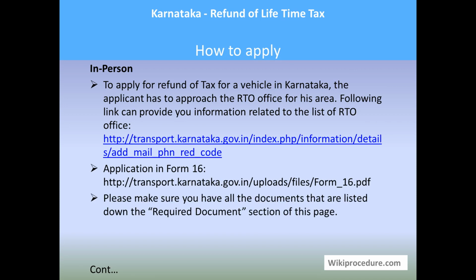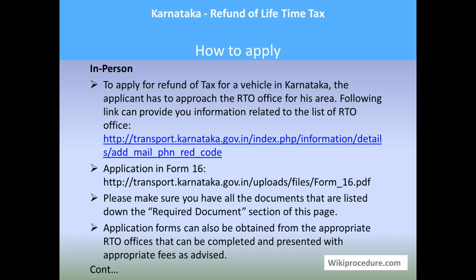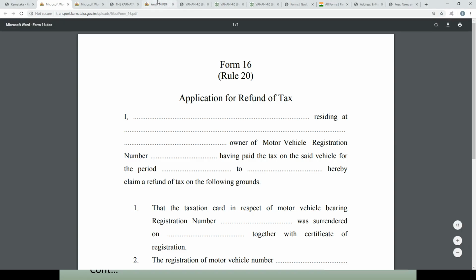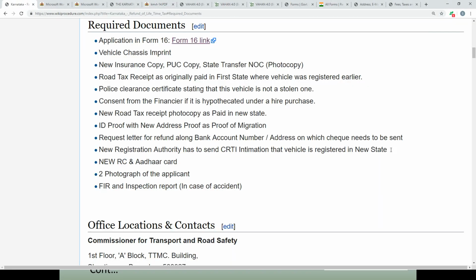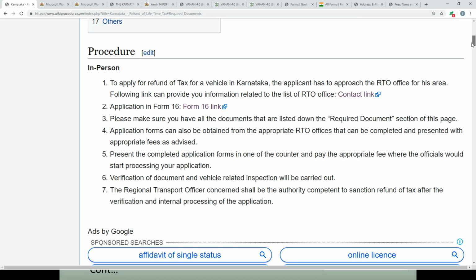To apply for refund of tax for vehicles in Karnataka, the applicant has to approach the RTO office for his area. The following link provides the RTO contact information from the website, that is the government portal for transport in Karnataka. The same link is provided in the apply in person section of our page, where you can browse and click the links to reach the